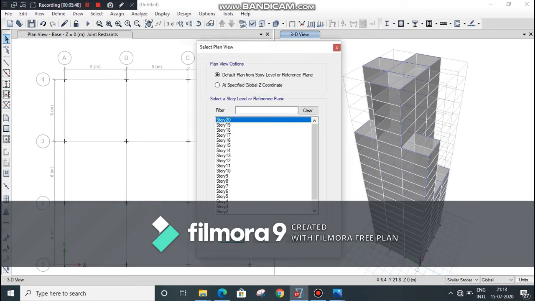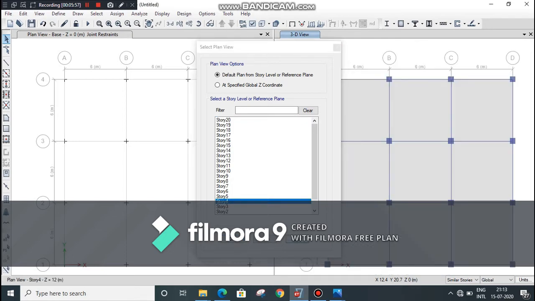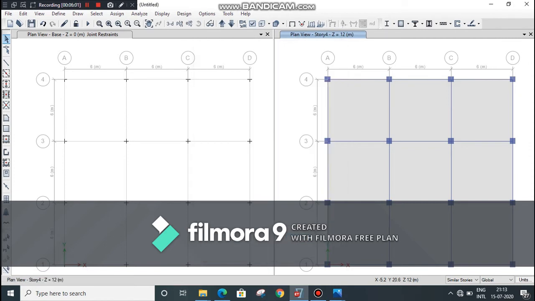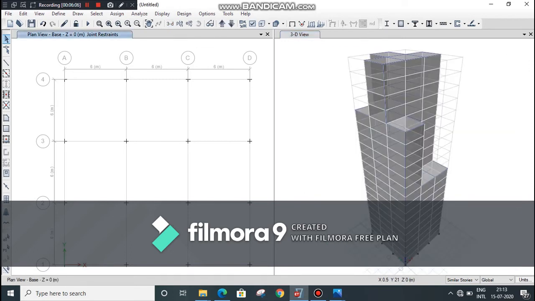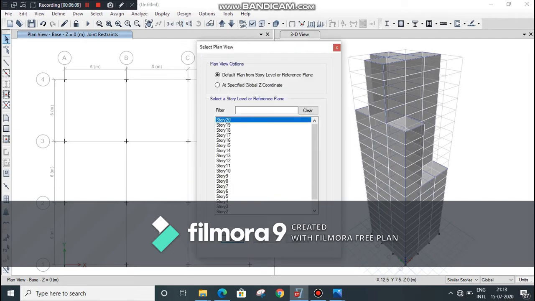Now we will apply cladding load. Therefore go to any story in between 1 to 10 because these are all similar. Click on this window and go to plan view. Select any story between 1 to 10. Click on OK.